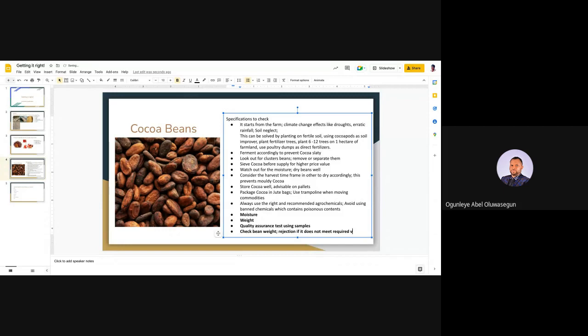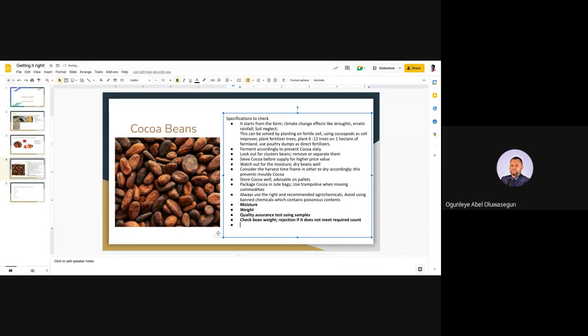Thereafter, I will check for slaty. I will check your slaty. If your slaty is okay, fine. That is 5% and below. If it is more than 5%,